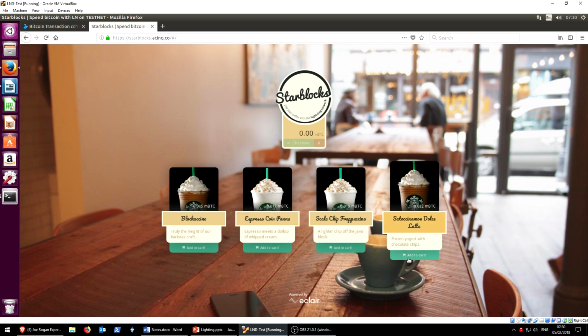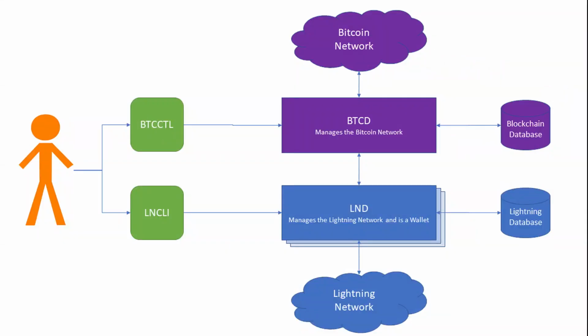So that's it. That's a full end-to-end setup of LND Lightning nodes in Ubuntu, testing them both internally and externally. I hope this was useful. The next step really is to start looking at some of the web interfaces. So rather than using command line, you can just use a web interface. If anybody's interested in a video to set up that and use that,